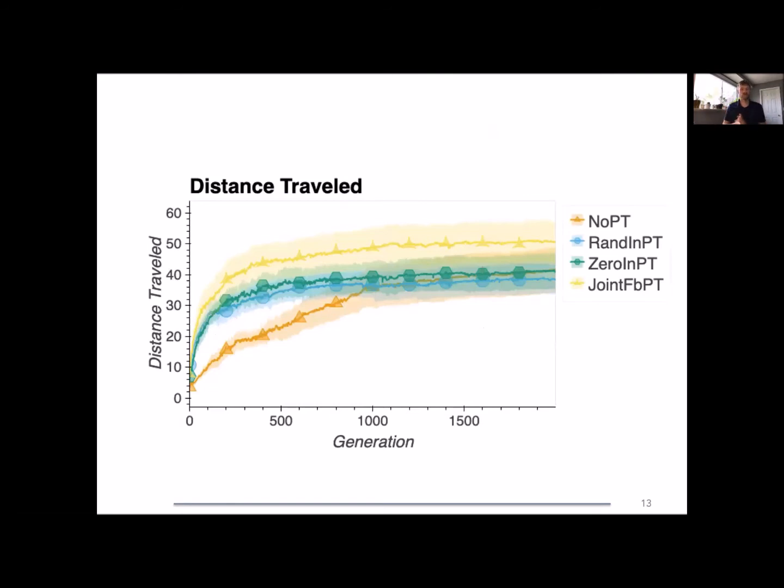So in terms of distance traveled, for these first 4 treatments, we see that the pre-training treatments here, the top 3, the yellow, the green, and the blue, do more quickly evolve higher distances traveled across the population. In the initial, say, 800 generations, this is statistically significant. But by generation 1000, the no pre-training actually catches up. And so it seems like the pre-training does in fact evolve faster in terms of high performance, but doesn't actually produce statistically significant differences at the end.